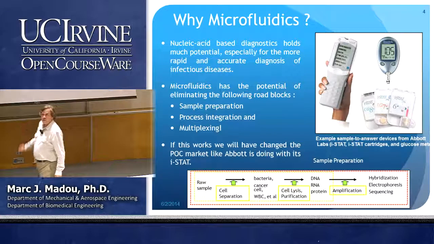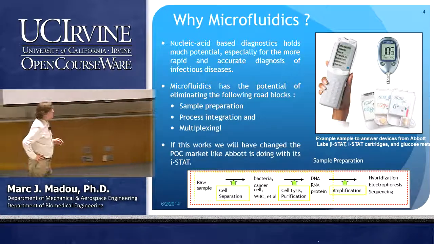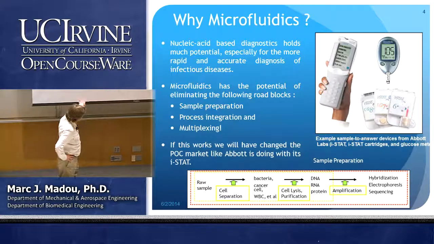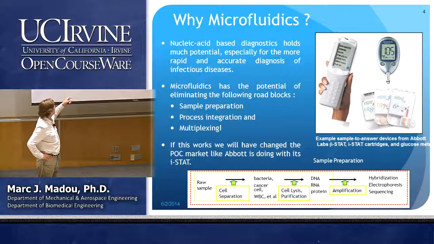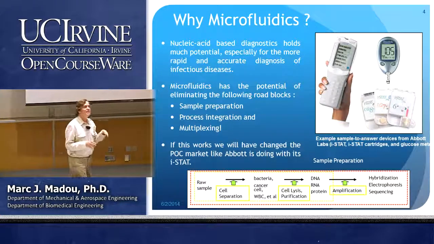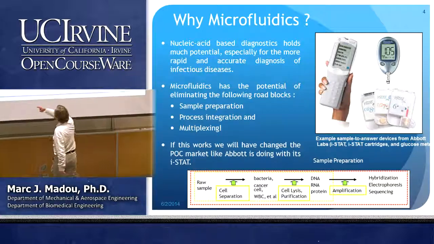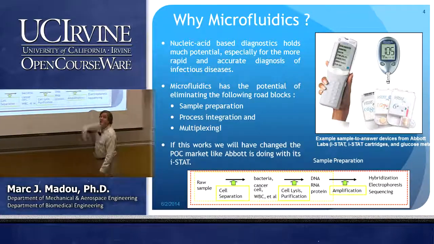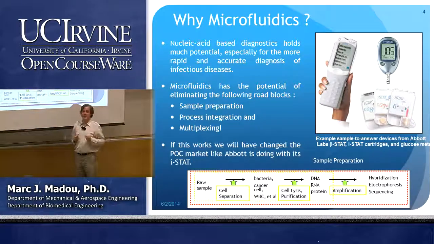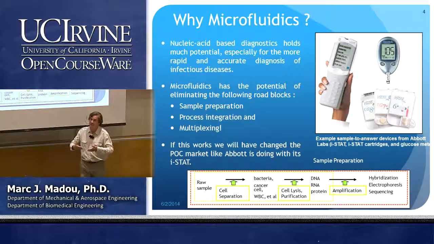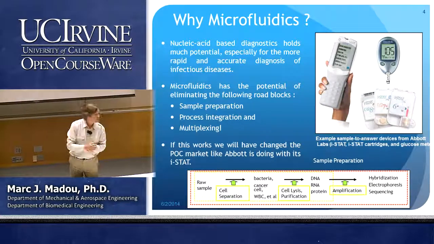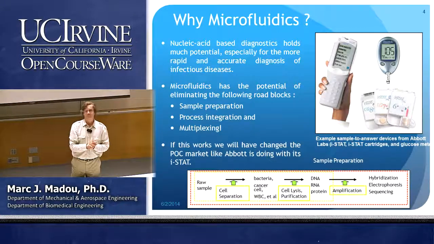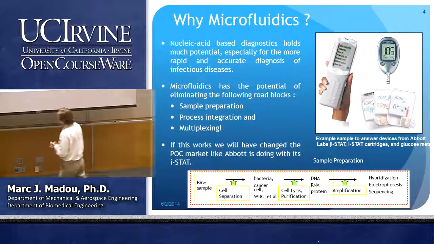So what does microfluidics do in that process, in that miniaturization and integration of all of these process steps? Well, it helps in the sample preparation, we will see. In the process integration and multiplexing. Multiplexing means very often you don't want to do this just once. You might want to do it 10 times around the perimeter of the CD. So multiplexing just means that these steps you want to do in parallel quite a few times. If you have a small amount of liquid, you might be able to do that. Right? So with that as a background,